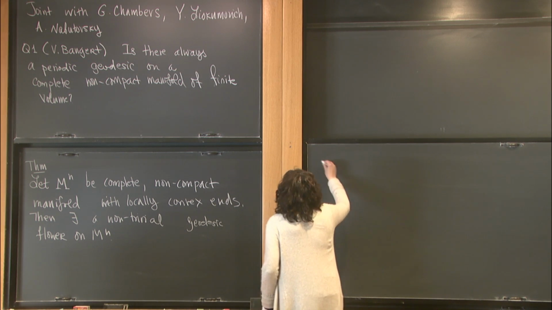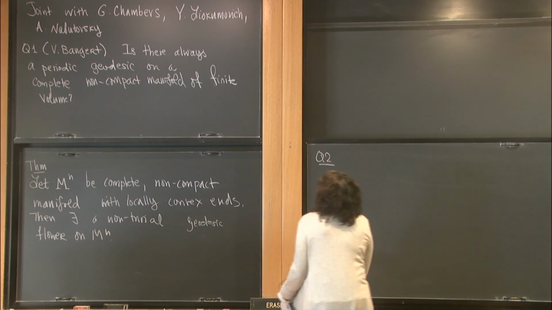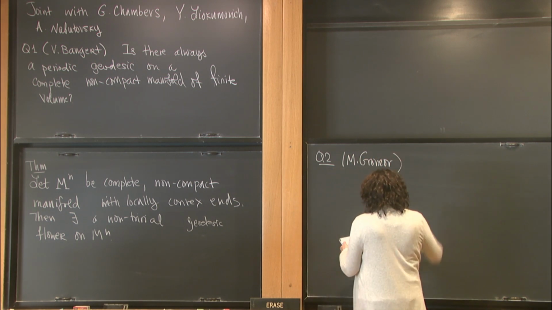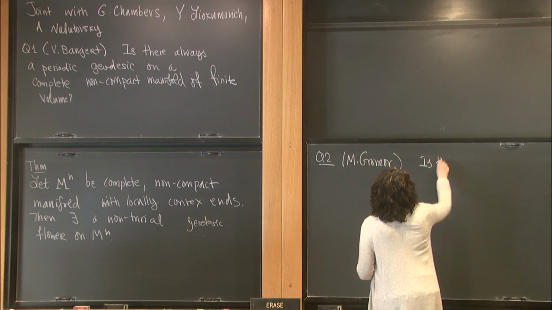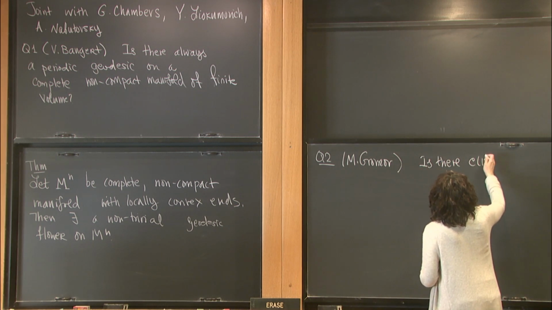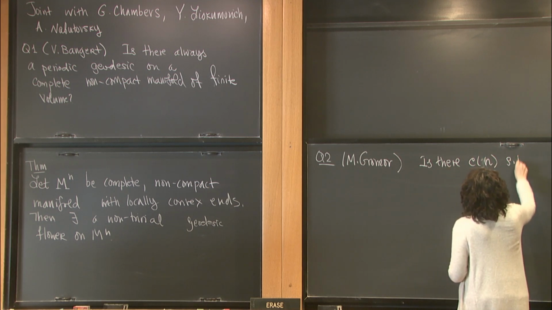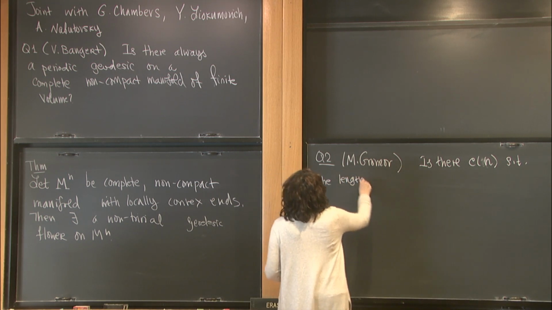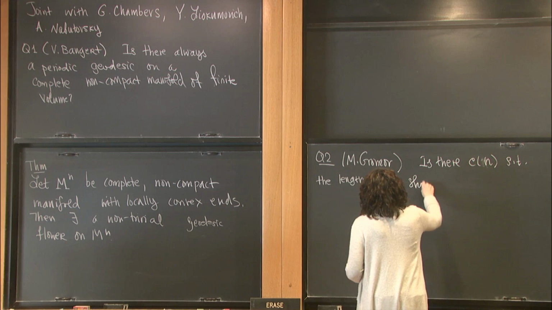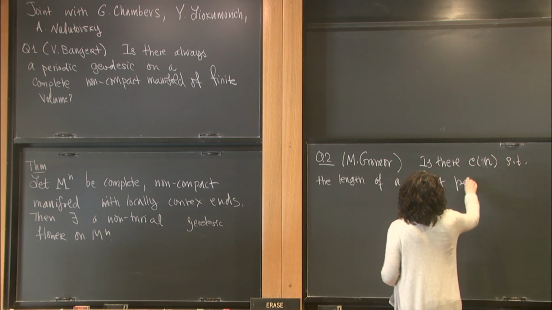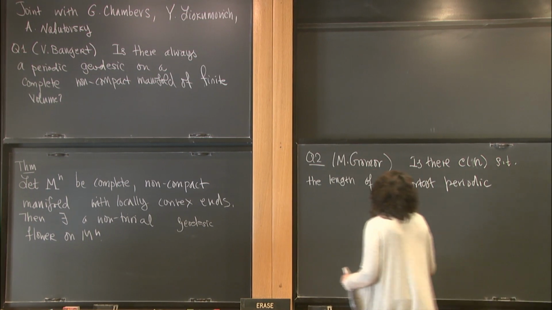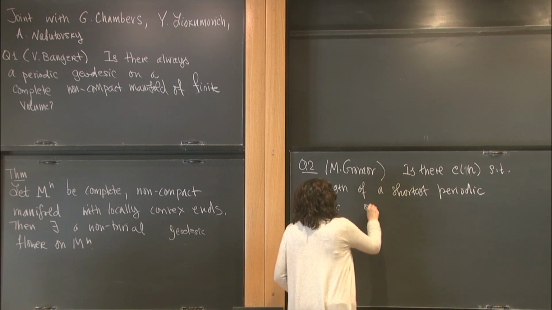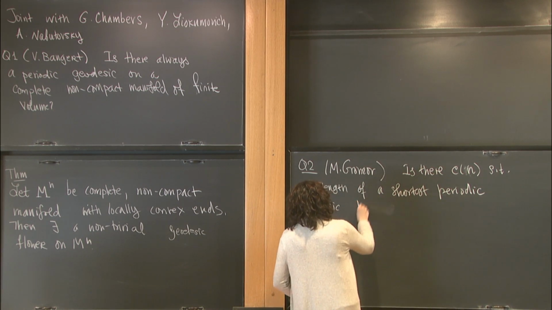So this is the first question, by Bangert. Here's question 2. This is a question due to Gromov. And he asked, is there a constant such that the length of a shortest periodic geodesic on a closed Riemannian manifold, which I will always denote now as this,